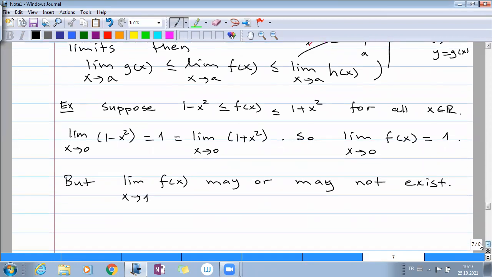Just because it is between 1 minus x squared and 1 plus x squared, because the limit as x approaches 1 of 1 minus x squared is 0, and the limit as x approaches 1 of 1 plus x squared is 2. The only thing we can say,